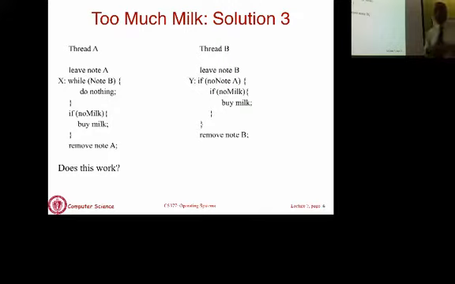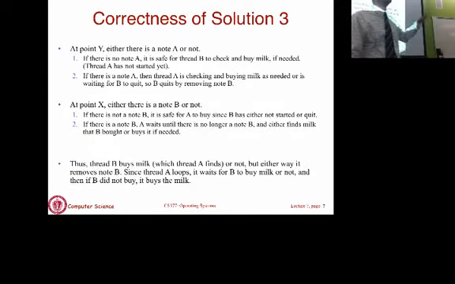So the answer is this code actually works. Okay? There is actually an argument as to why that works because you can analyze all possible scenarios. After each statement you can assume that the thread got switched out and some other thread ran, and you can go through all the scenarios and you will see that always if there's no milk, you'll end up with milk. You won't have either no milk or too much milk, regardless of how things get scheduled. Yeah? There's an underlying assumption about loads and stores being atomic, but we won't go into all that.